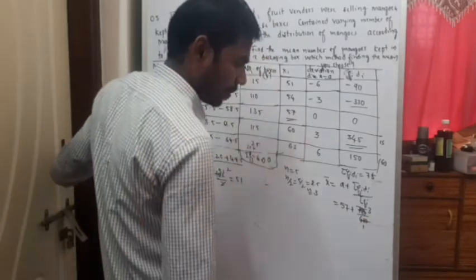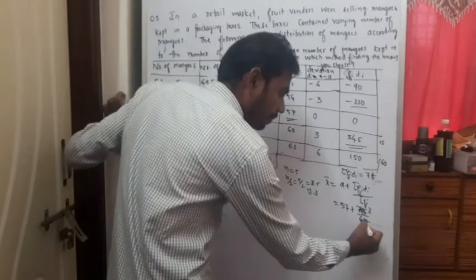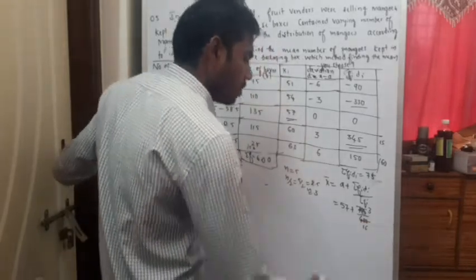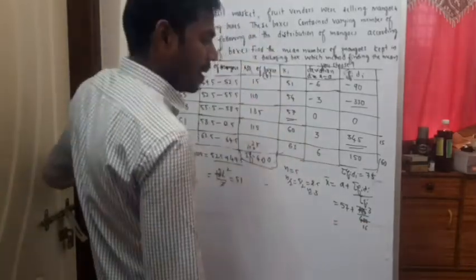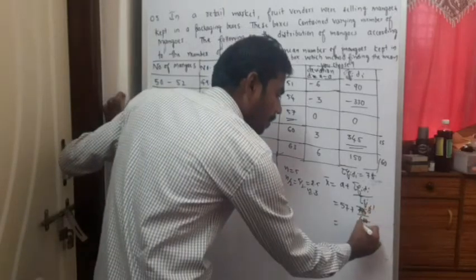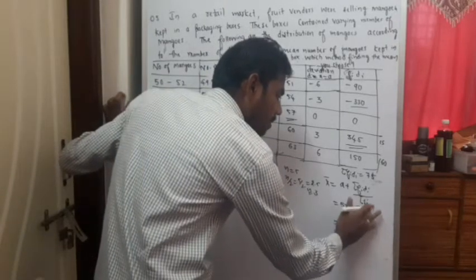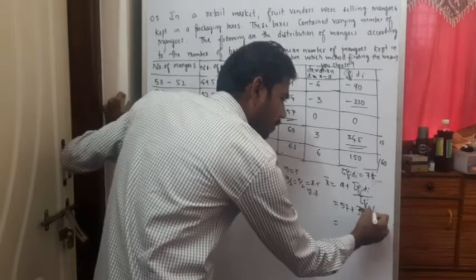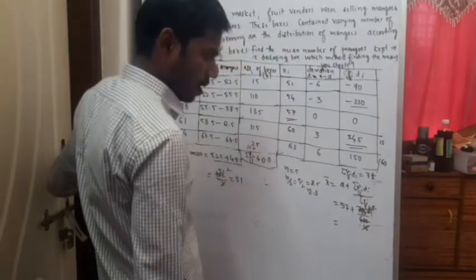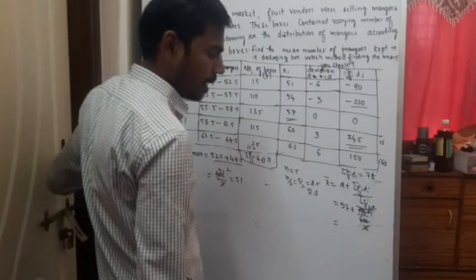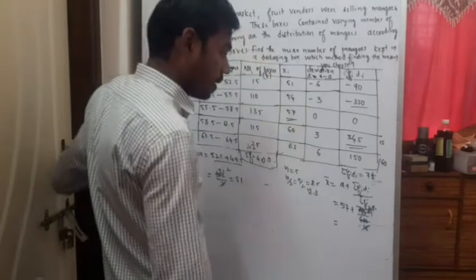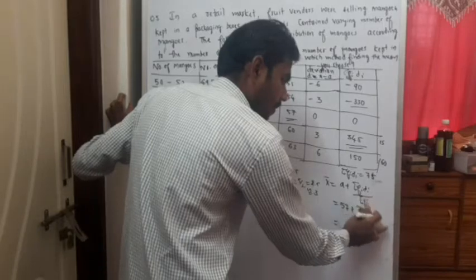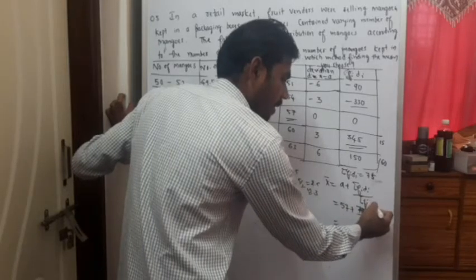25 ones are 25, 25 sixes are 150, so 57. Then 3 by 16. 3 ones are 3, or else we'll keep it as it is. 16 ones are 16. Point, so point 30 means 16 ones are 16.